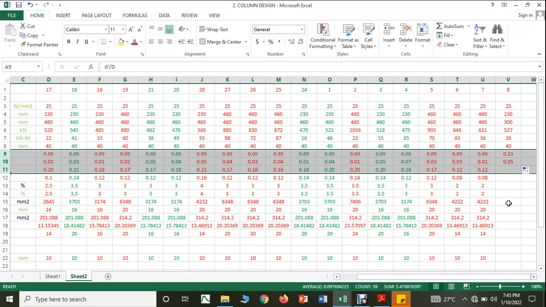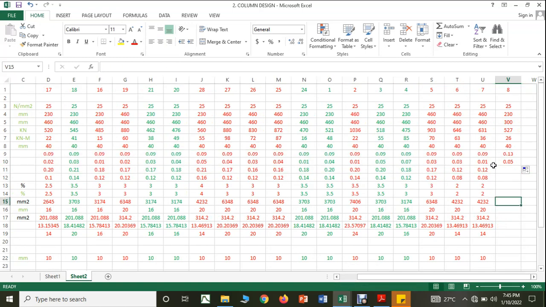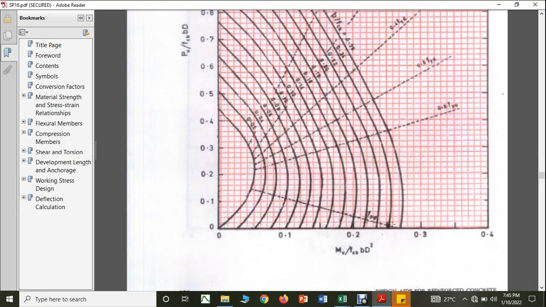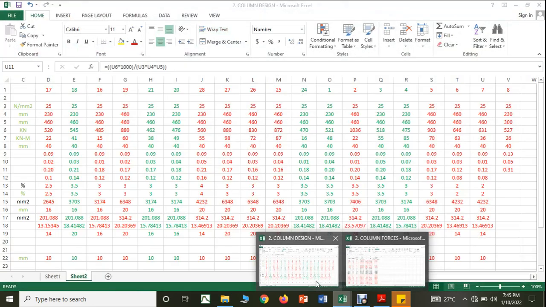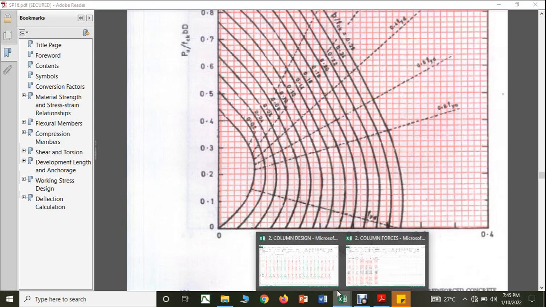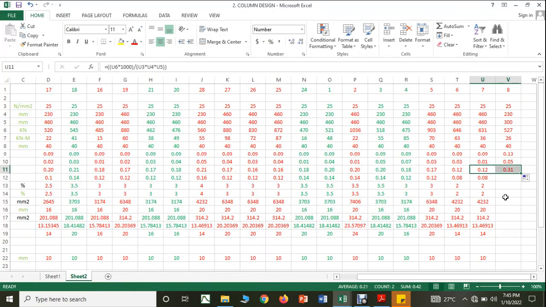Yeah, 0.13, it is d dash by d, 0.05 and it is 0.31. So 0.13 means I can go to 0.15. 0.15 is there. In that 0.15 you have the value of 0.31. If you see, it is 0.31, it is a very high value, so therefore we cannot do that. So I am supposed to make, let us make this as